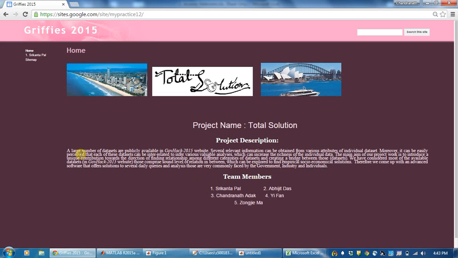Website that we have launched, the Gov 2015. Now our project name is Total Solution. The project aims at the large number of datasets that are publicly available on the Gov 2015 website. Several related pieces of information can be obtained from the various attributes in each individual dataset. Moreover, it can easily be perceived that each of these datasets can be